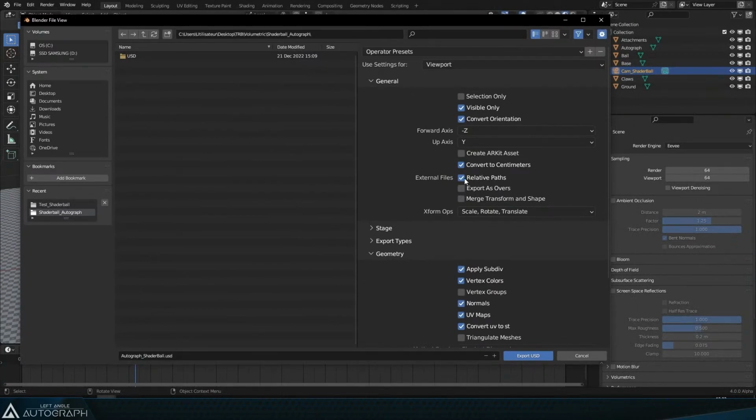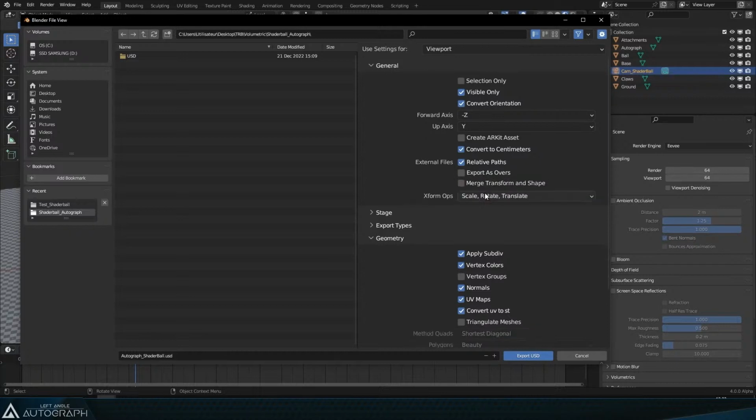You are also going to check the relative path. It's pretty important when you want to export textures used in the USD file on your object, because you are going to recreate the textures and rewrite the path to this relative file. I'm not going to go through each option because some of them are really specific and really technical,